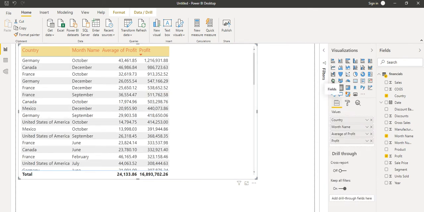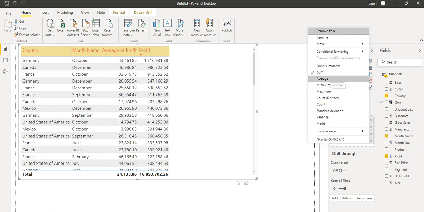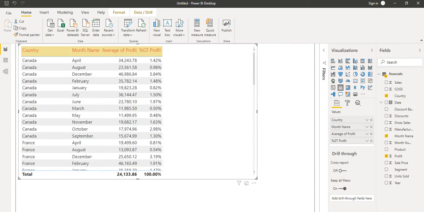Now let's talk about aggregation. Suppose on the profit column, as we have seen in the previous tutorial, we were showing the data as the average of the profit. Now if we want to show information based on minimum and maximum, we can show the data that way. Suppose I want to show the profit as a percentage. Let's click on show value as, currently no calculation, and I want to show it as the percentage of the grand total. We can see this column is now showing the data percentage-wise.